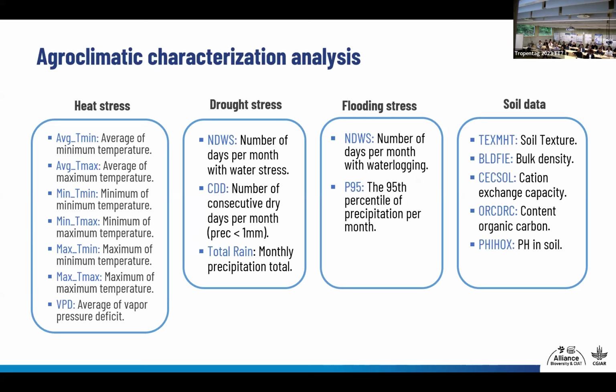So what are the agroclimatic variables that are important for us for our breeding program? So we defined some traits related to heat stress or temperature, because temperature will affect the rate or the ability of a plant to grow. Then we defined some important variables related to drought and flooding. So in terms of rainfall, how many days of continuous rainfall do we have, or how many days with flooding or drought. And then also we defined what are the soil characteristics that are important for these species.